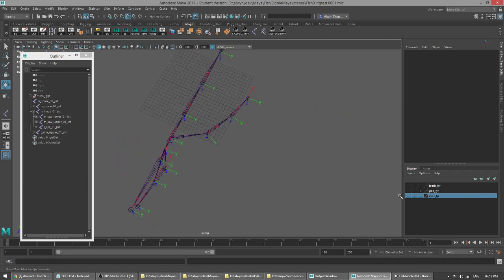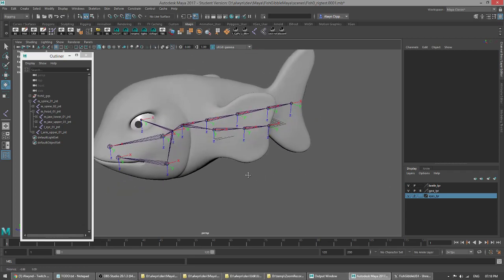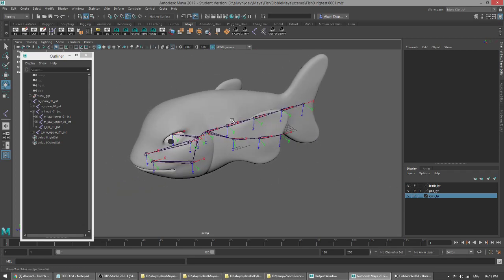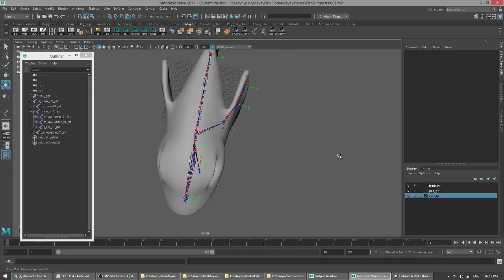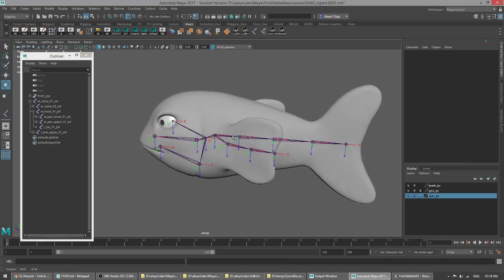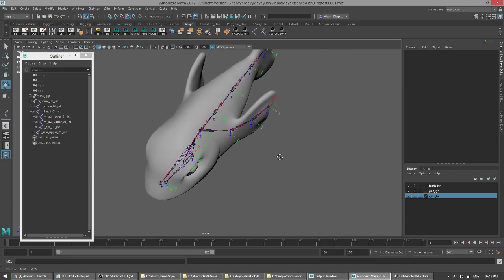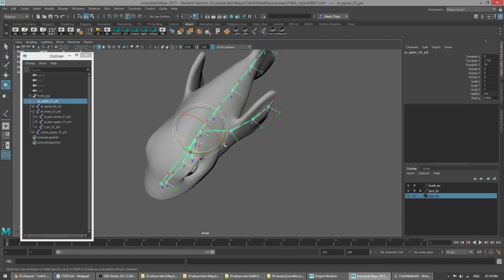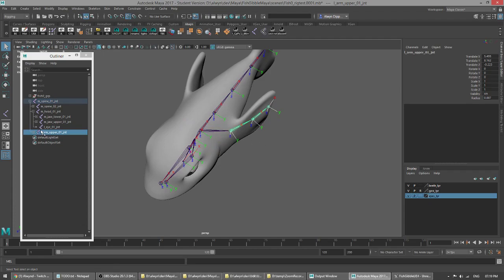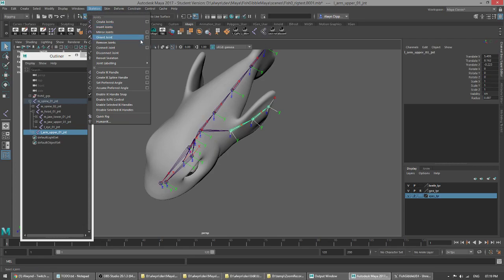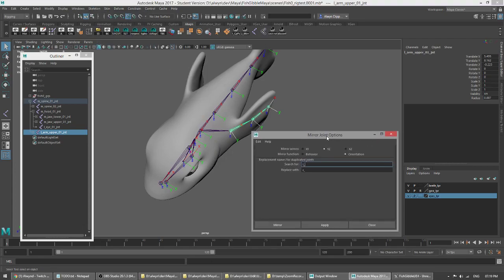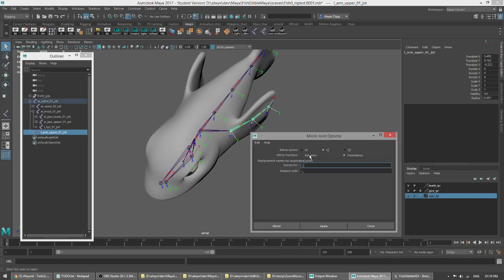Okay, now I need to do some mirroring. Let's get the geometry back for a second. Just delete non-deformer, save, take a look, get rid of the grid. Now I'm going to mirror this guy and the eyes as well. When I mirror these, I have some options. Normally for a humanoid, I guess you choose behavior. What that does